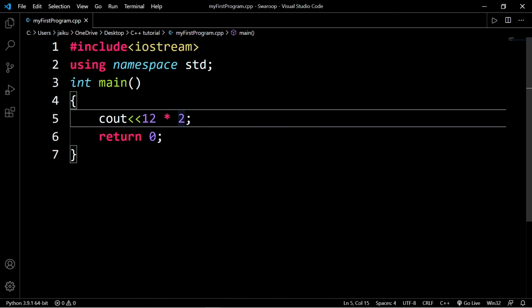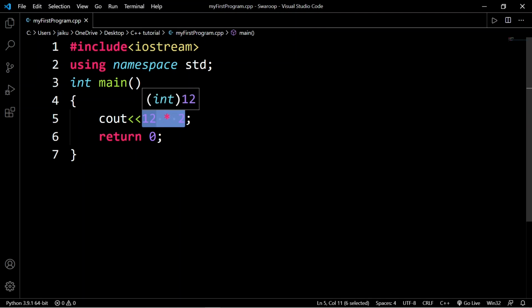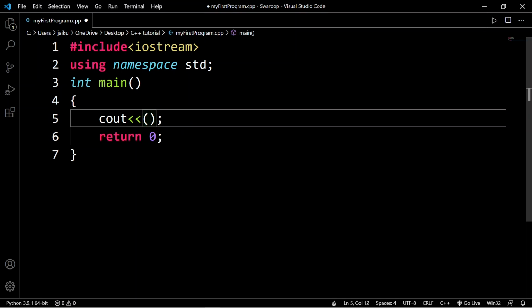And this also follows the BODMAS rule. First it will take the bracket. If we have this problem over here, (12 minus 1) into 30 divided by, let's try 6.